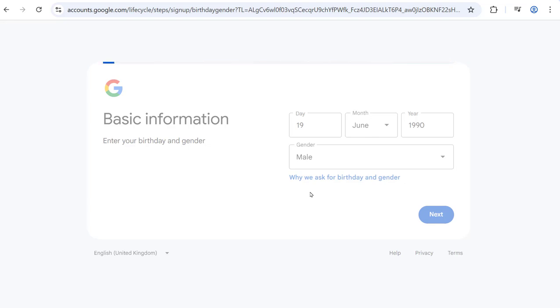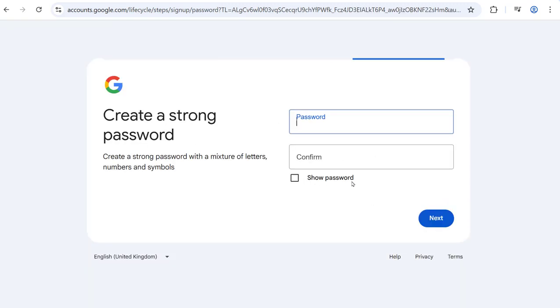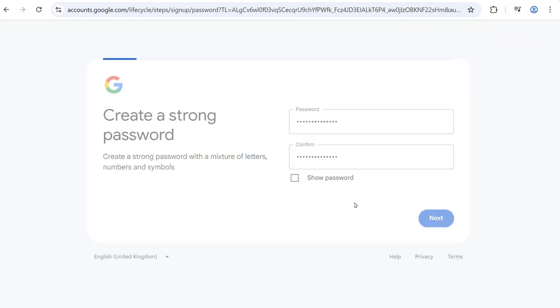And then it will process it for you. Then you have to choose the username. For example, this is John Morgan 987@gmail.com, for example, and then you have to enter the password. Okay,